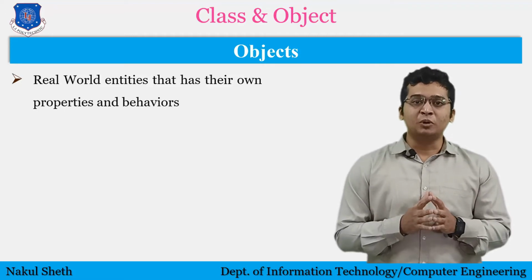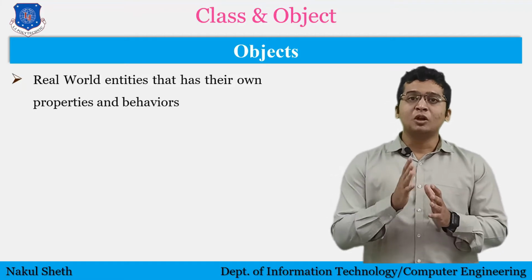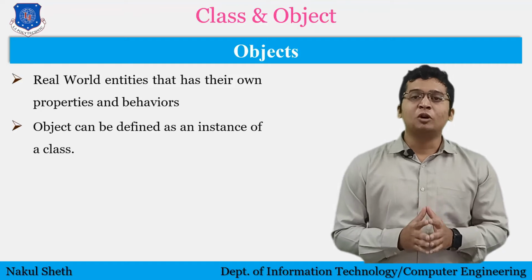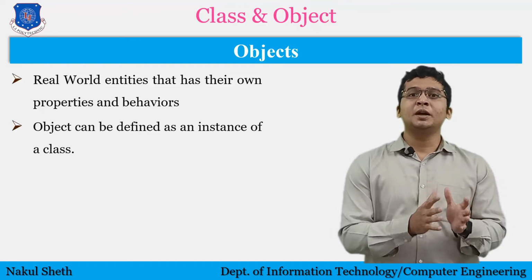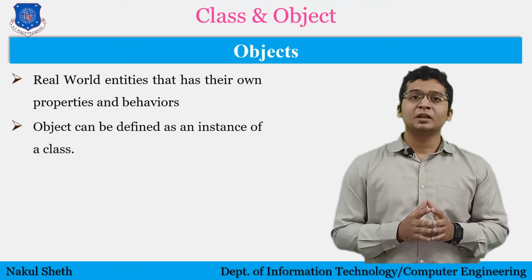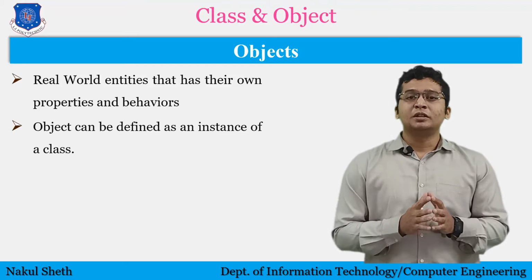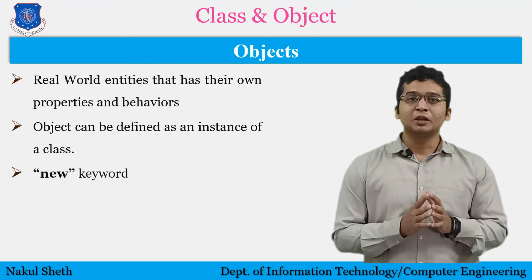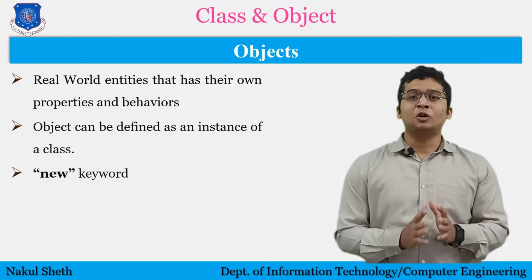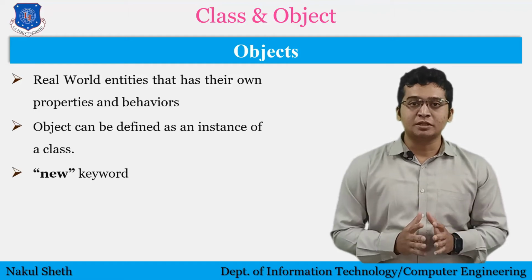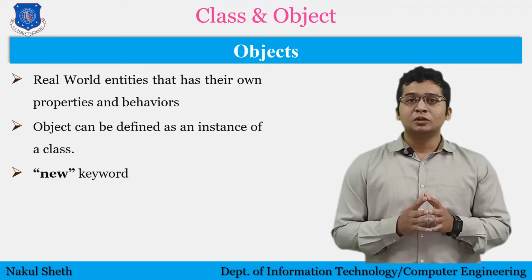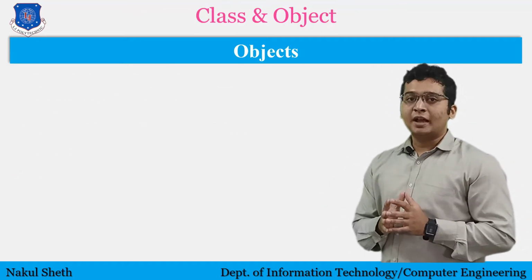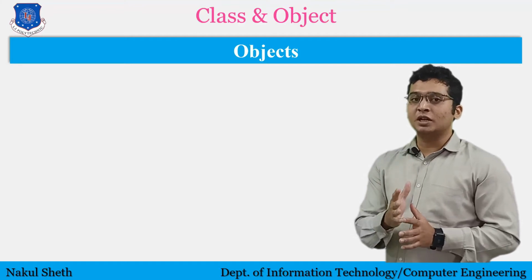So according to Java programming or object oriented programming, an object is an instance of a class, so that an object contains an address and takes up some space in our memory, and we can assign that memory to an object by using a keyword called new. So by using the new keyword, an object can occupy some space in memory. So these are the ways using which we can define and initialize an object in our Java program.